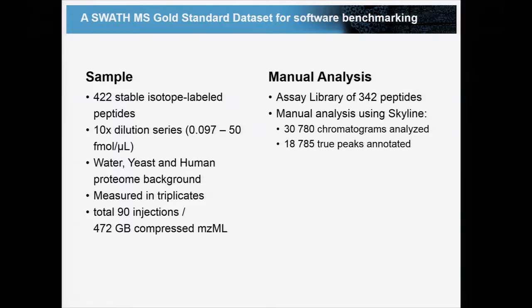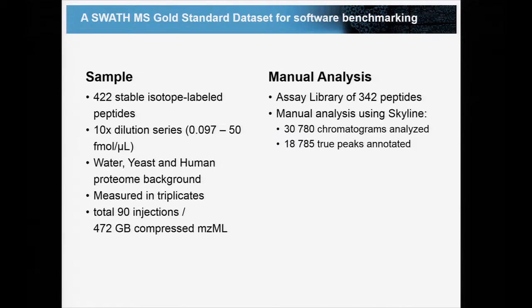So when the OpenSWATH software was developed, the developers needed a data set to benchmark it and to say whether it's working or not. In order to have a sort of ground truth, they went around the lab, gathered up as many aquapeptides as they could find, which turned out to be about 400. And they pooled these together and did a